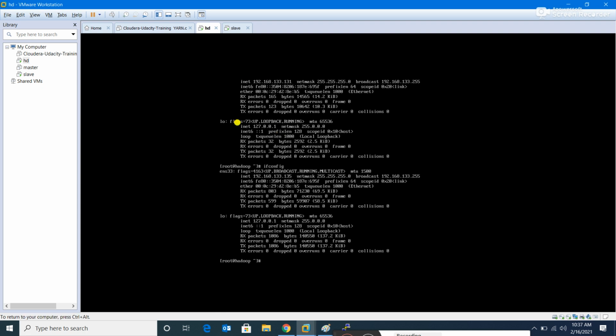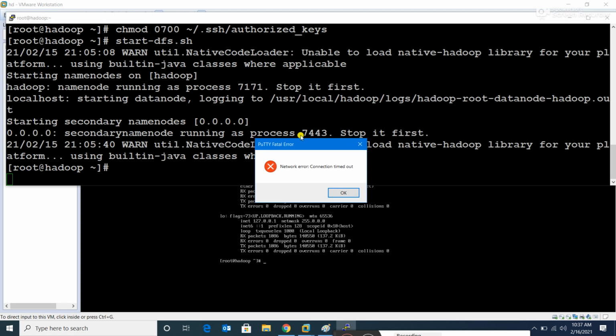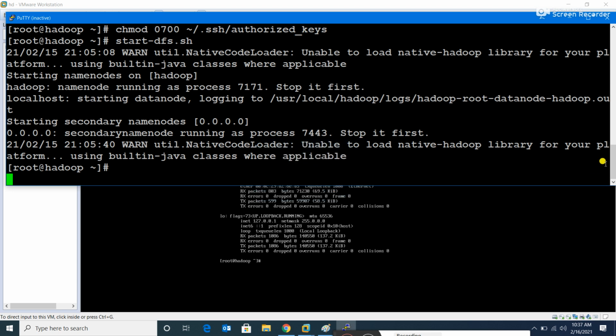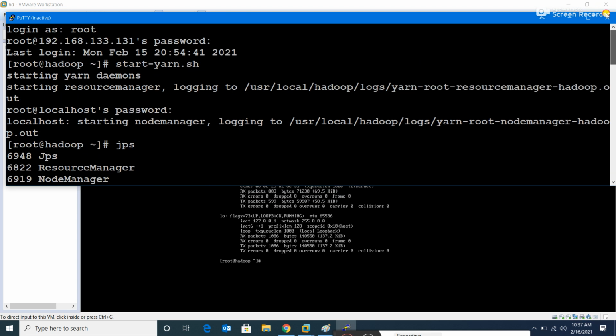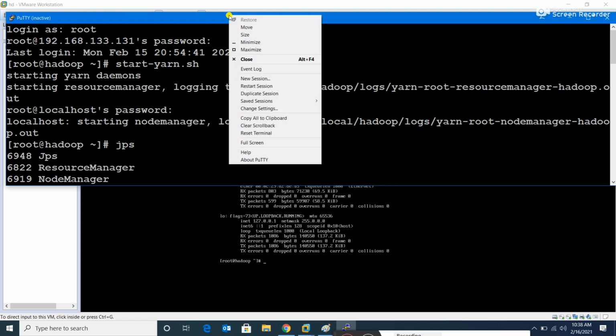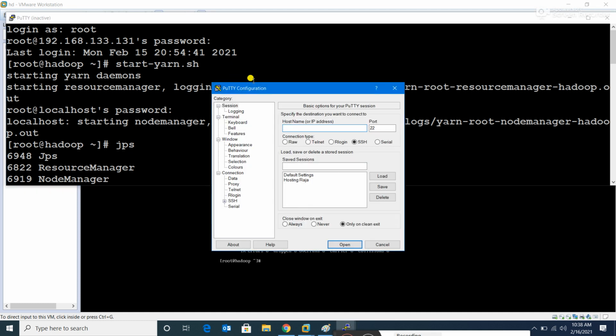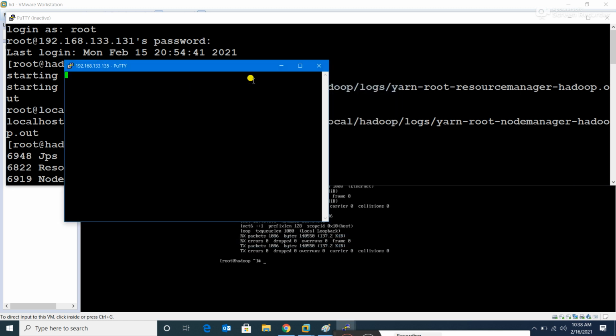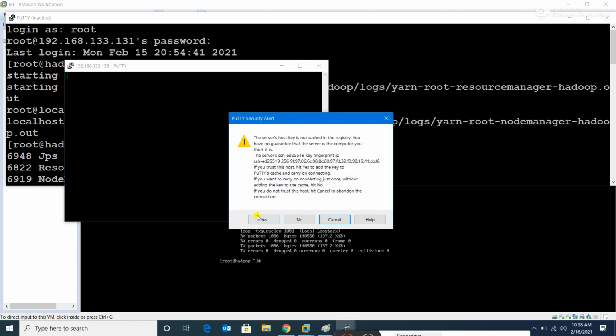Normally at runtime it should not change, but the IP is 135 now, and that is the reason it is not getting connected in PuTTY. So the IP got changed. No worries. We will make a new session with 192.168.133.135. Enter.